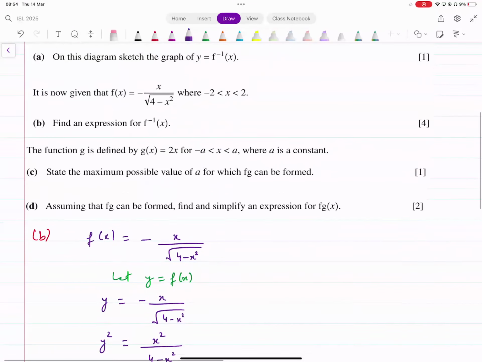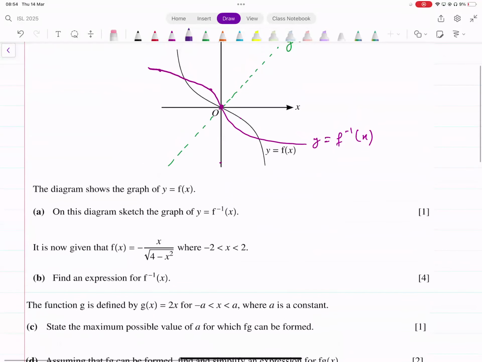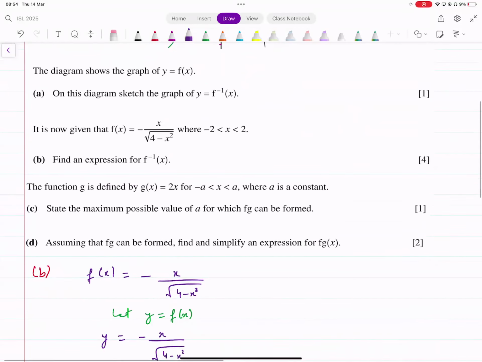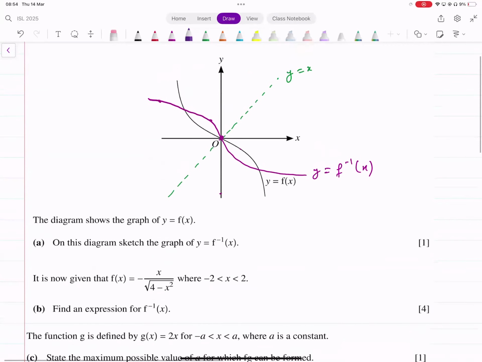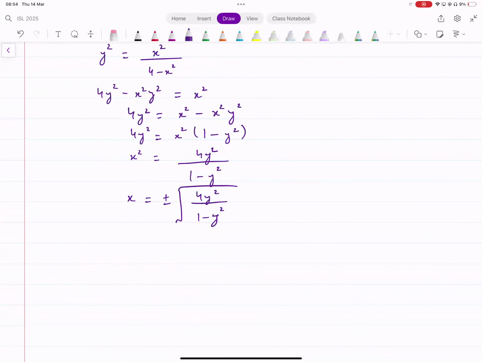अच्छा, अब उसने यहाँ पे x का इंटरवल क्या दिया हुआ था? x का इंटरवल is from -2 to 2। It's a 1-to-1 function throughout। इसमें नेगेटिव साइन था, f of x was negative और x was negative। अच्छा, अब आपने इसका साइन प्लस माइनस डिसाइड करना है। दिस इज स्लाइटली कंफ्यूजिंग नाउ। x equals plus minus square root of 4y squared over 1 minus y squared। रिमेंबर क्वाड्रेटिक फंक्शंस में कैसे करते थे, हम x की डोमेन देखते थे, उसकी बेसिस पर डिसाइड कर लेते थे कि प्लस लगाने से वो आएगा या माइनस लगाने से वो आएगा।